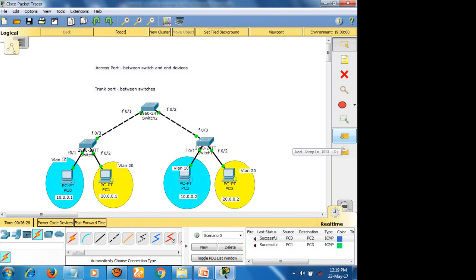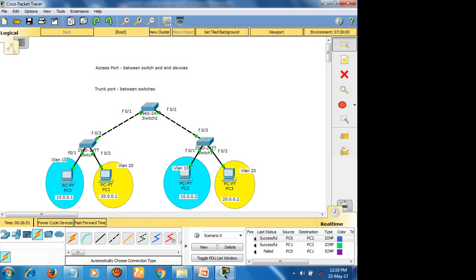Suppose I want to ping from 10 to 20. It's not possible between the two different virtual LANs, even though I have different IP addresses, so it's not able to communicate. If you want to communicate between two different networks, we need a router.